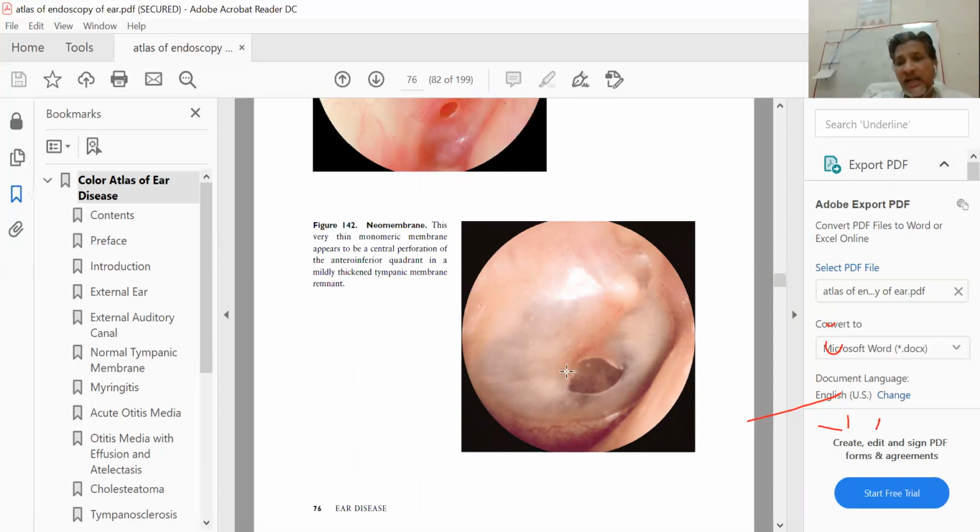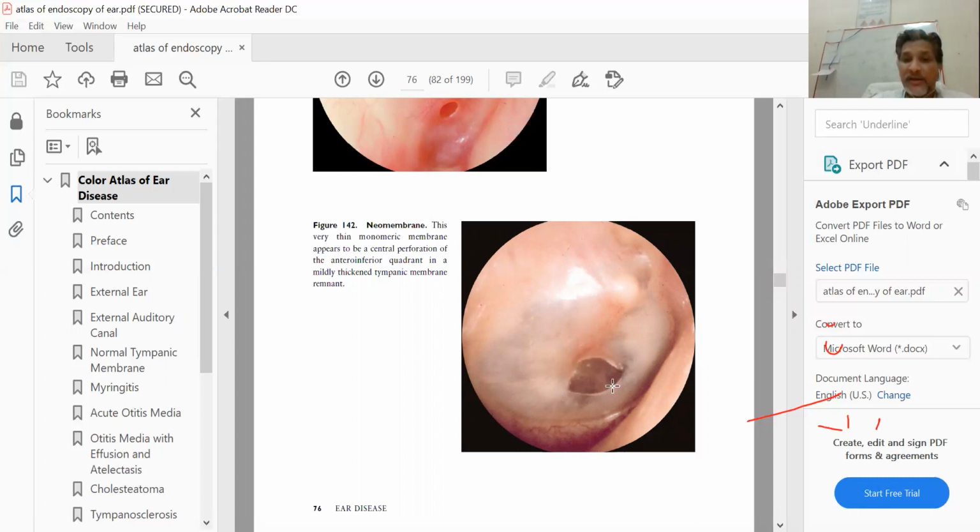But look at this dramatic difference between the tympanic membrane which is normal and the tympanic membrane which has healed. You can easily see that the sheen or the translucency of the resurfaced part of the tympanic membrane is quite high, more than the normal tympanic membrane.